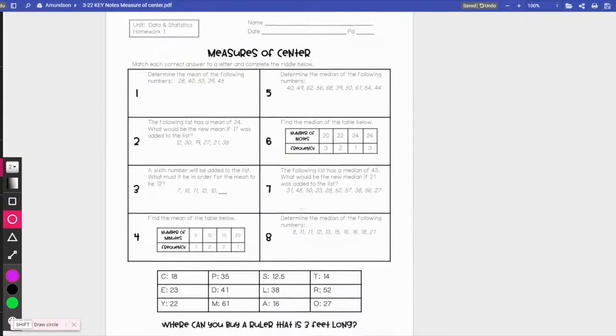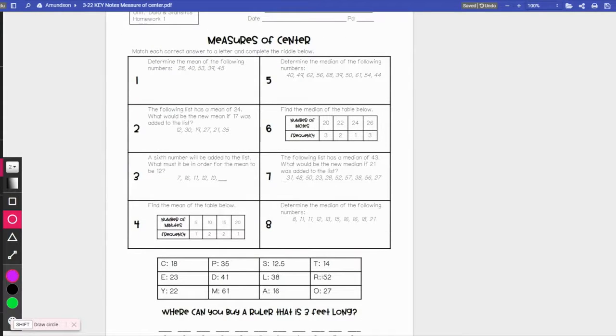Now this last piece right here, this third page, I'm not going to, actually, you know what? Instead of doing the Google quizzes, I'm going to go ahead and assign this. This is to determine the mean, so I want you to do number 1. Let's see. I want you to do number 5. Number 6. And then number 4. All right, so I've assigned 3 more problems that I want you guys to do on